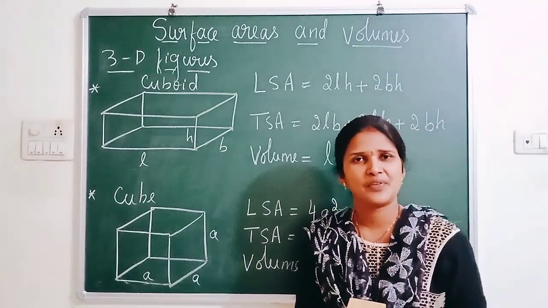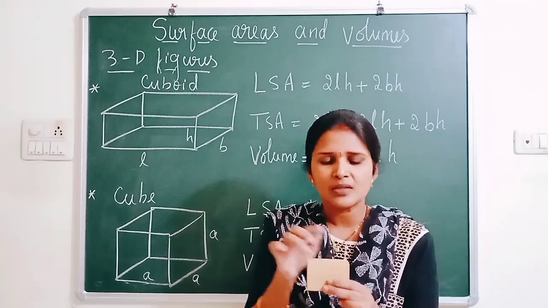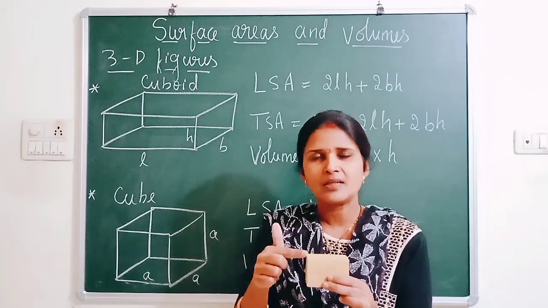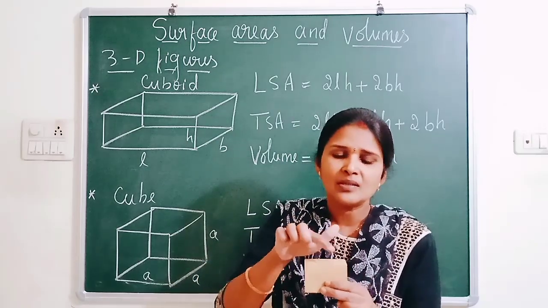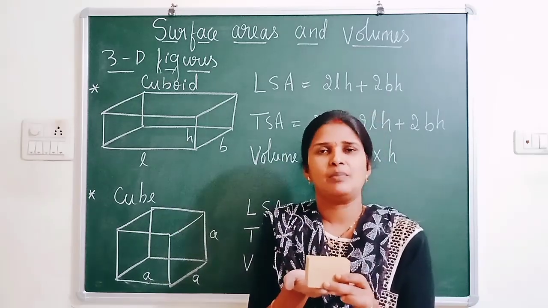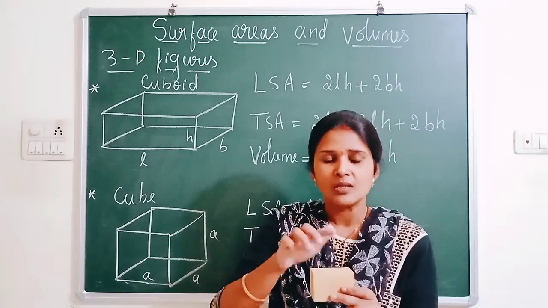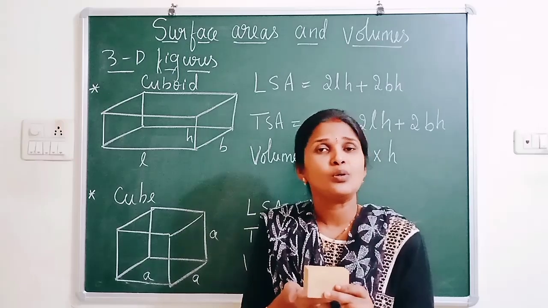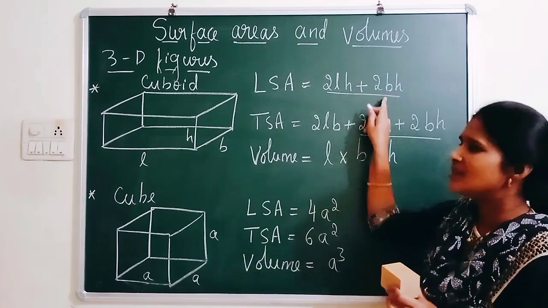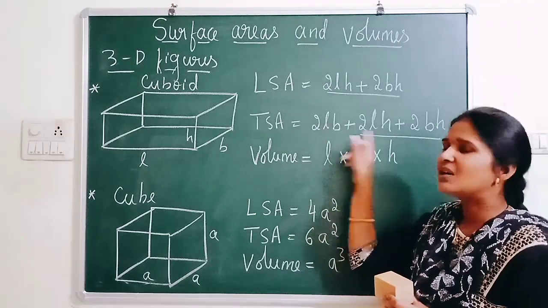Now what is the total surface area? Just now I left this top face and the bottom face. So just look at the top face. This is a rectangle. What are the dimensions you have here? Length, and this is breadth. So what is the area of the top face? L into B, LB, and this is another face, the bottom face, one more LB. LB plus LB, that is 2LB. So along with these 4 faces, 2 more faces add, that is 2LB. So together it becomes 6 faces.